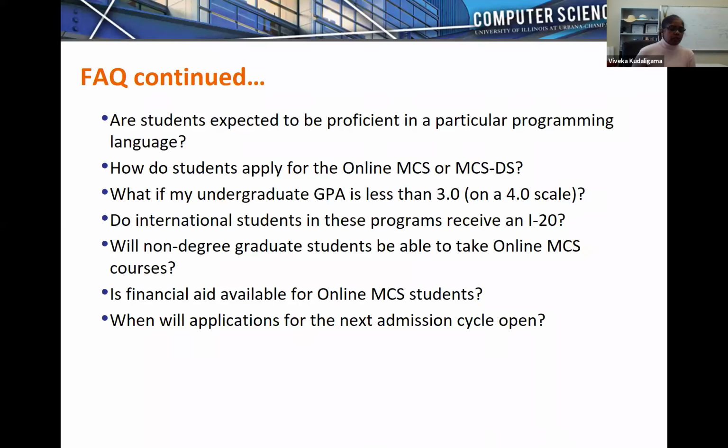And then the second part to this question is, would I be able to, for example, use optional practical training experiences? Those are tied to having an I-20, so there would be no OPT or optional practical training opportunities as part of this program.